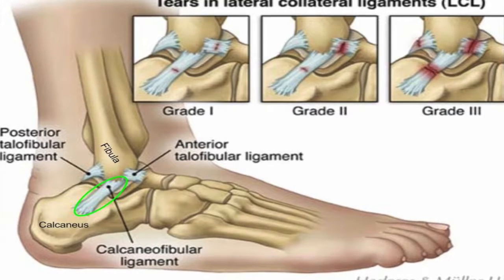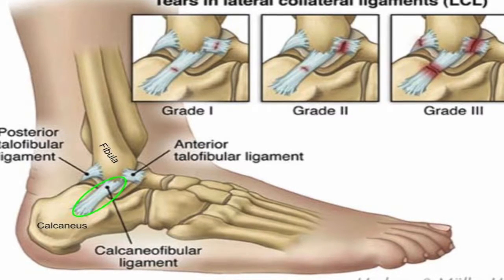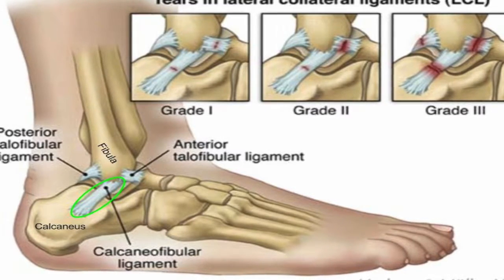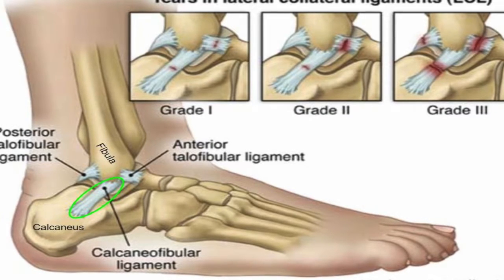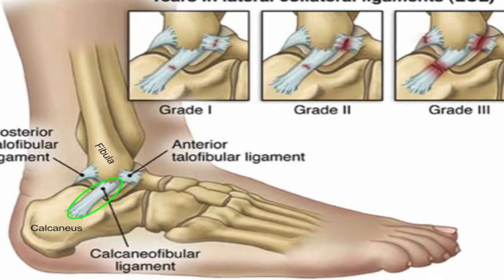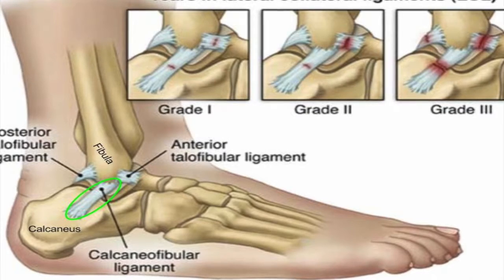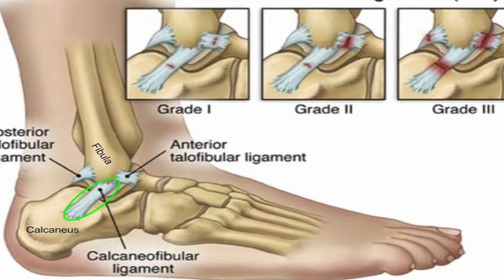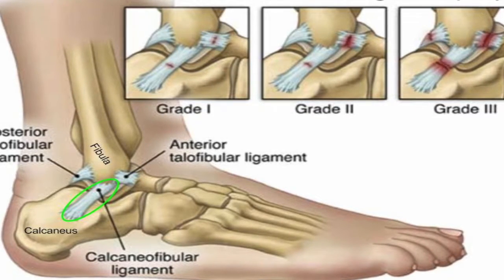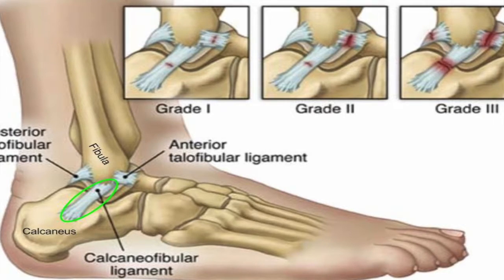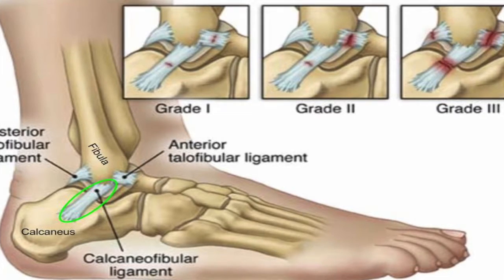Injury to the CFL occurs when the foot is rapidly and forcefully inverted with the ankle in a dorsiflexed position, or when the foot is rapidly and forcefully inverted with the ankle in a plantarflexed position, after the anterior talofibular ligament, also known as the ATFL, has ruptured and the force continues